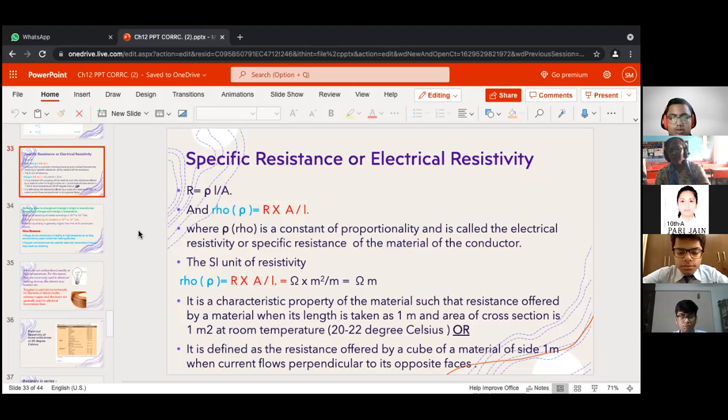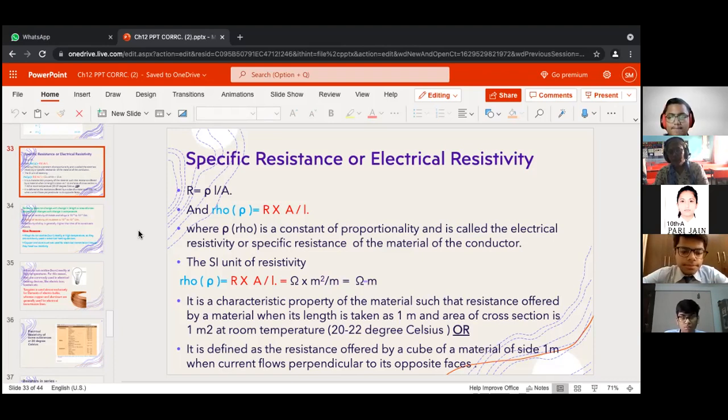So R as a unit is ohm. Area as a unit is meter square. And length as a unit is meter. So putting all these basic units of these three quantities, we will calculate the SI unit for rho. When we cancel, we find that after cancellation, we will get only ohm-m. So in physics, this hyphen sign does not mean that it is a minus sign. This hyphen sign means there is a multiplication between the two units. Is it clear? Any doubt?